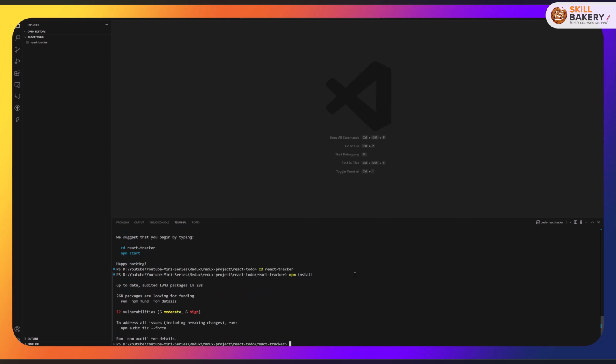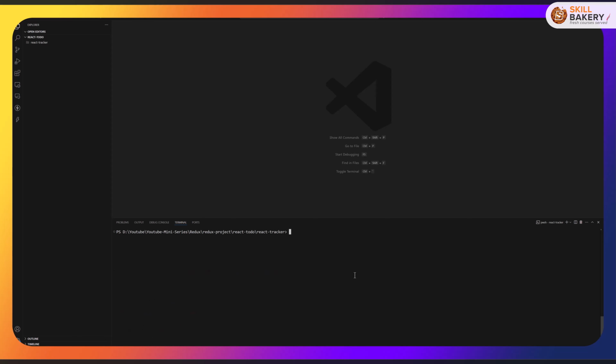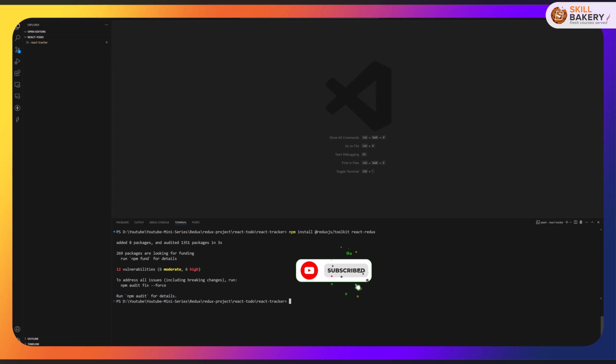Let's clear the screen, and here we'll now be installing the Redux Toolkit, also known as RTK, which simplifies state management, and we'll also be installing the React Redux package, which allows React to interact with Redux. These two together can be installed using this command: npm install @reduxjs/toolkit, then a space and then the name of the next package, that's react-redux. Once we have